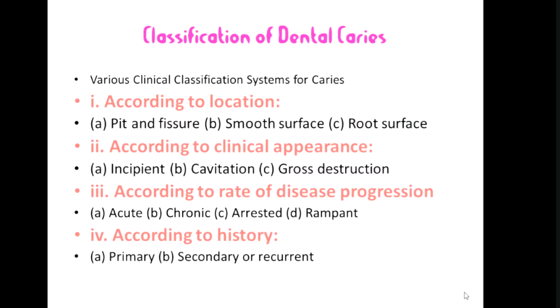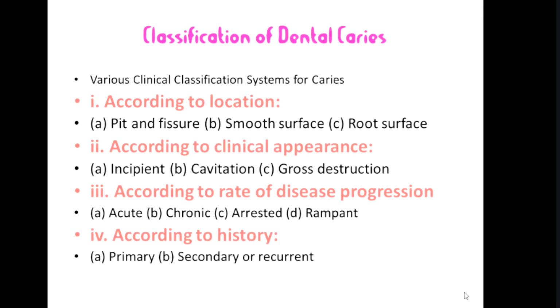If we'll talk about location, we have either pit and fissure caries, we have the smooth surface caries, and we have root surface. Pit and fissure تعرفون fissure بالocclusal surface of the tooth. البيتس هي بالside of the molars for example. Smooth surface caries يعني class 3, class 4, class 5 الكاريز اللي يكون على مثلا central or lateral incisor. Root surface caries from its name on the root, caries on the root.